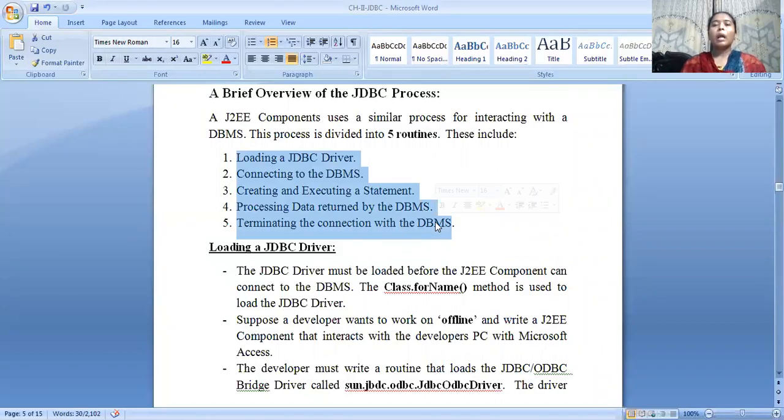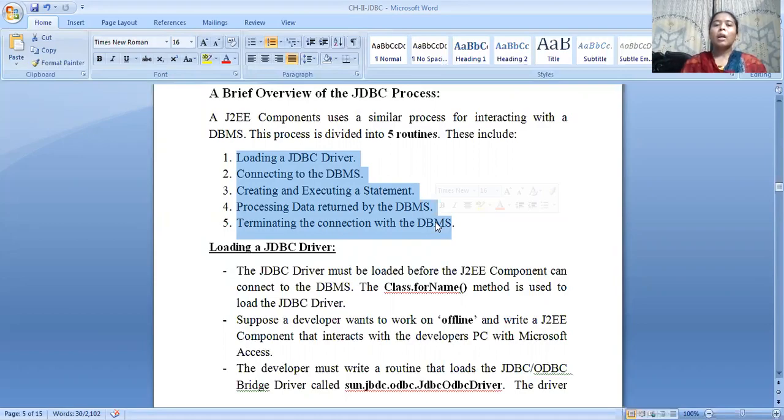Then if I need to retrieve the data, I have to create a query and execute the query statement. According to my query, the data will be processed and retrieved from the DBMS and displayed.